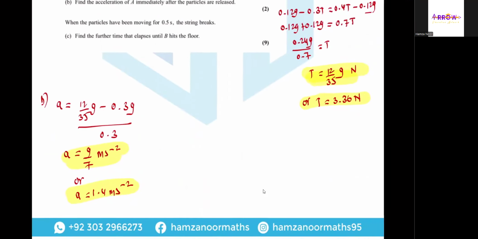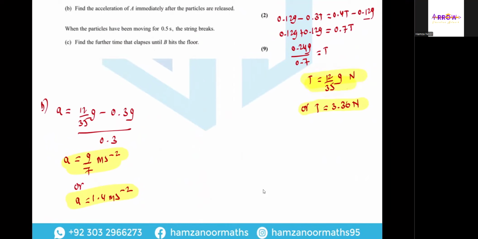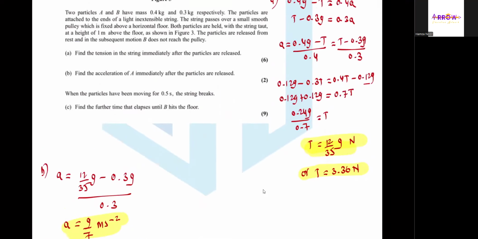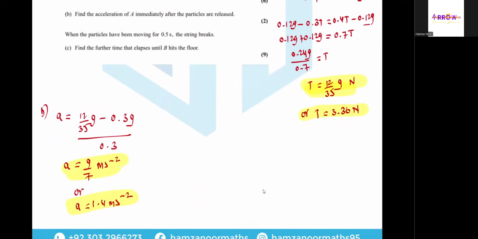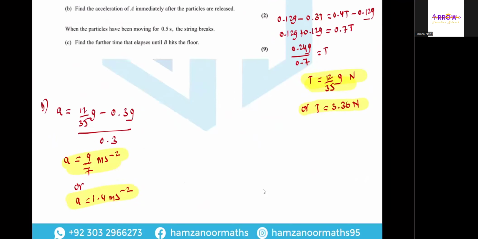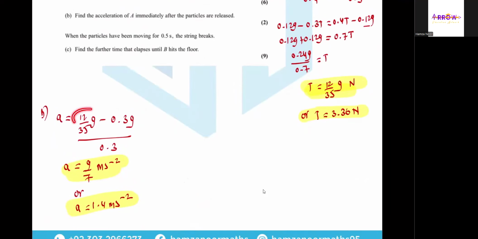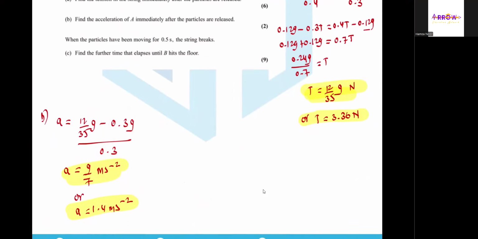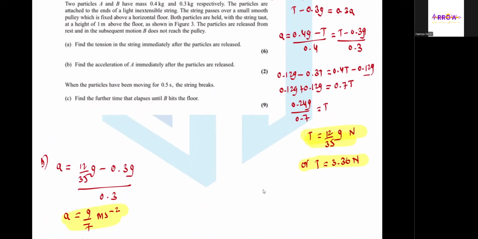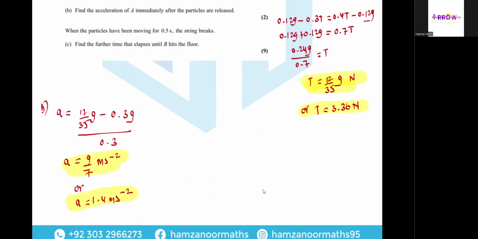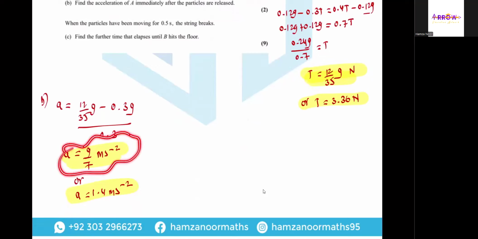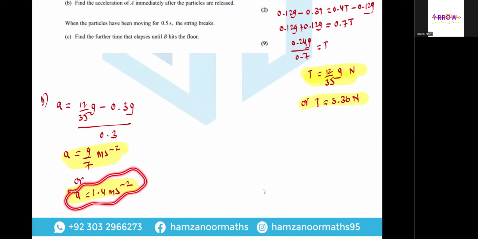As we have found the value of T in part A, you can pick any of these two equations over here. So acceleration is equal to (T minus 0.3g) divided by 0.3. So acceleration is (12g over 35 minus 0.3g) divided by 0.3. Since both particles have the same acceleration, it really does not matter which equation of motion you are using, since both of them are equal. So acceleration is equal to g over 7 meters per second squared, or you can say 1.4 meters per second squared by using the value of g